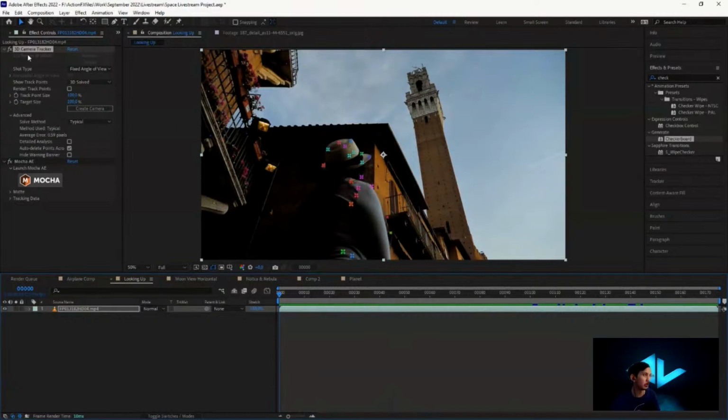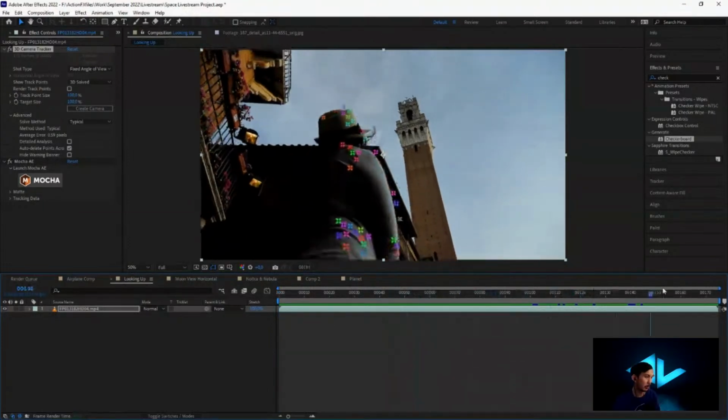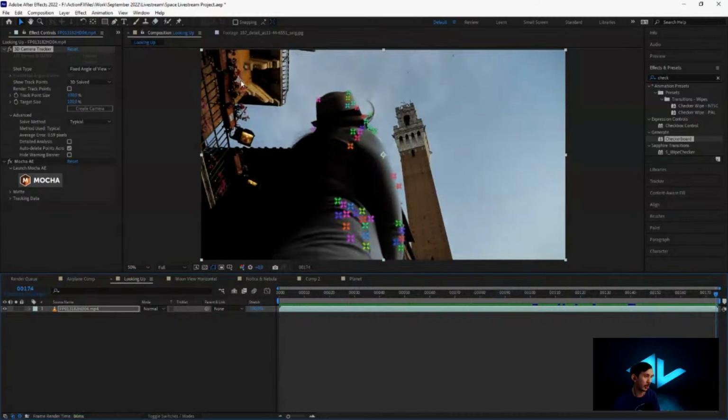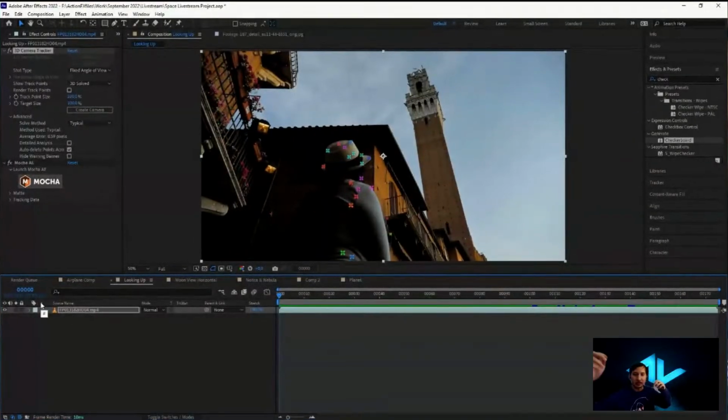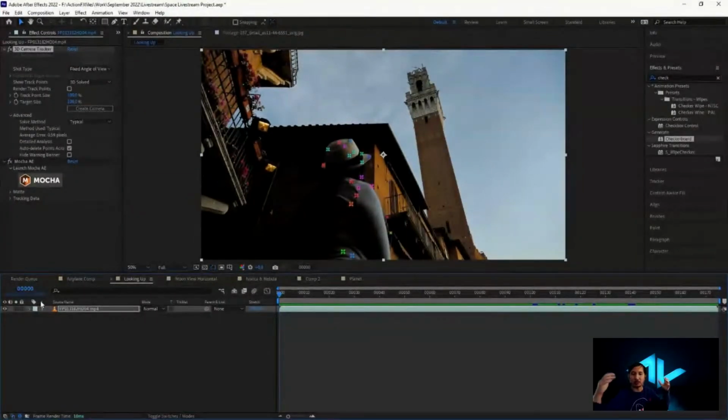How 3D camera tracking works is they analyze all the colors, the pixels in this area, and how they move in relation to the pixels in this area and in this area. Based on how each of those pixels moves at different depths, After Effects tries to triangulate